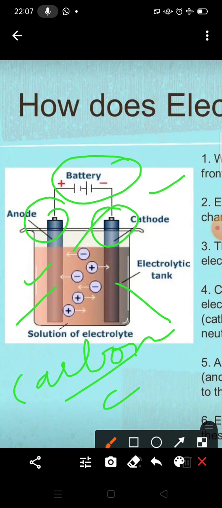And now what will we do? Take a glass beaker and fill it 2/3 with water, and add a teaspoonful of salt to make a salt solution. Now immerse the electrodes in the solution